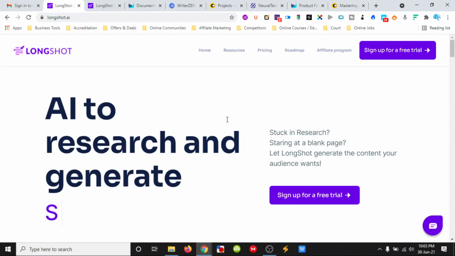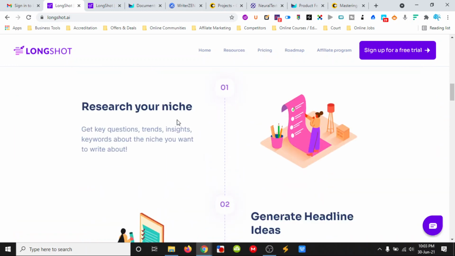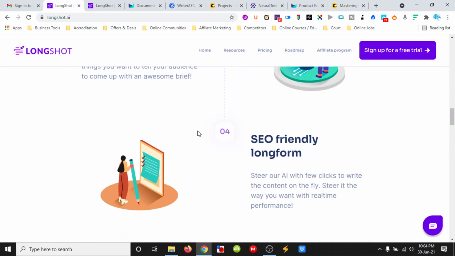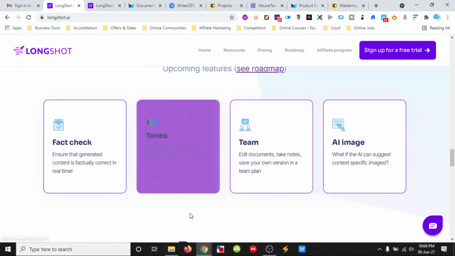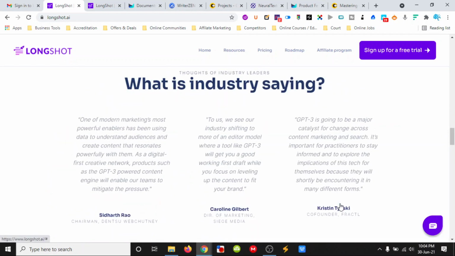So this is Longshot.ai, and it uses AI to research and generate reports, all sorts of things. It's a long form AI generator. So we'll just have a look at what it does. It researches, generates headlines, ideas, and creates content briefs. It's SEO friendly long form, with some feedback. And what's coming soon is a fact checker, tone checker, teams, and an AI image